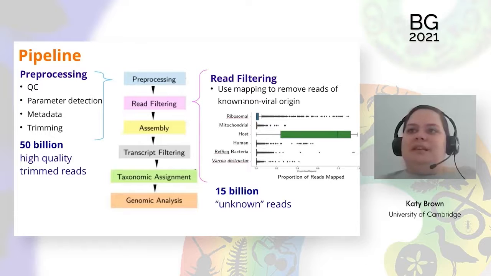And basically what I want to do here is remove anything that I know what it is and that it isn't a virus, because I'm only at this stage interested in the RNA viral reads. So I mapped sequentially to these different databases and remove anything which maps well. And after this, I'm left with 15 billion what I call unknown reads, so reads that aren't from a known